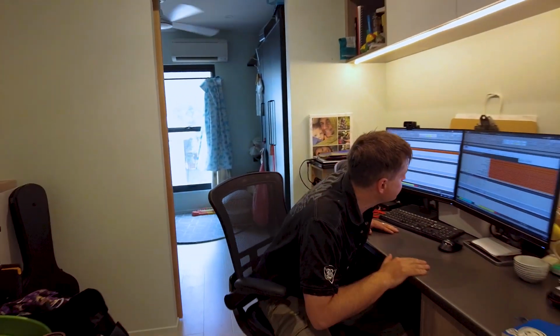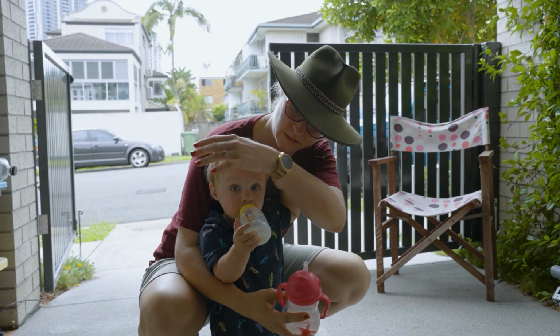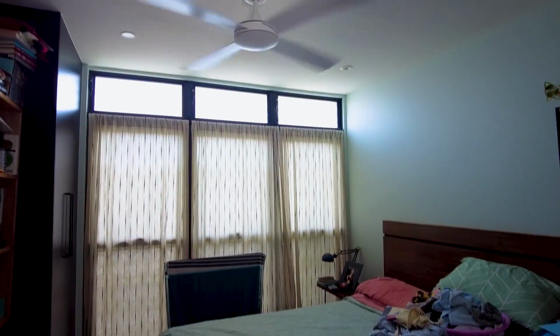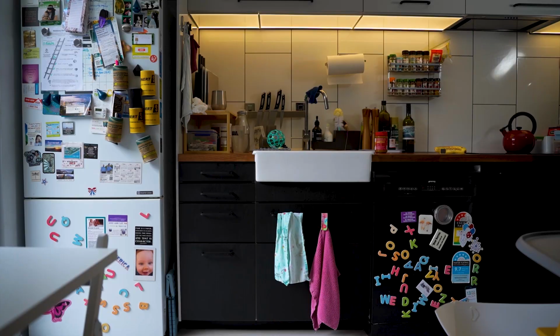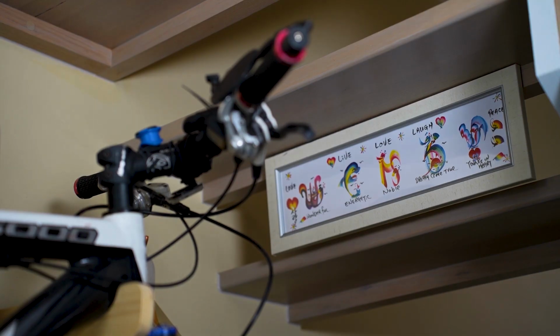This is probably the first house where we ended up very much in the house we wanted, not just the house that was available. For the most part, when we were in smaller houses was when we were happier and felt like we were actually making use of the house, as opposed to the times we're in a 400 square metre house or something like that. This is a 2-bedroom, 2-bathroom. Obviously downstairs is the living, kitchen, dining area,